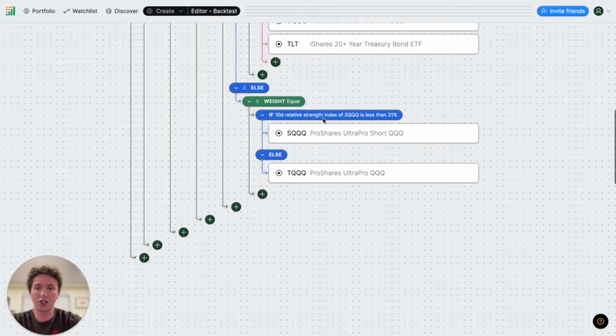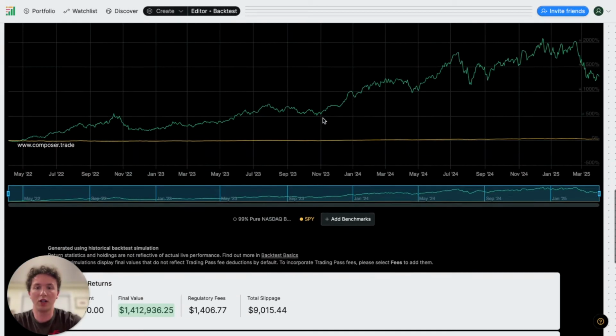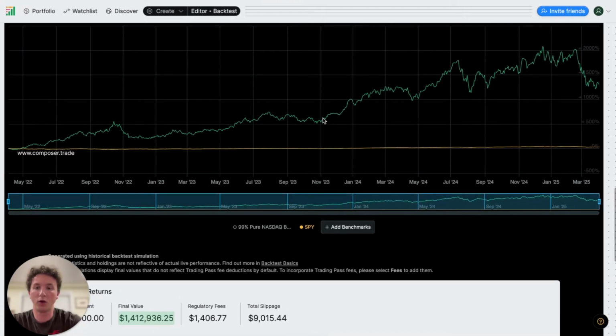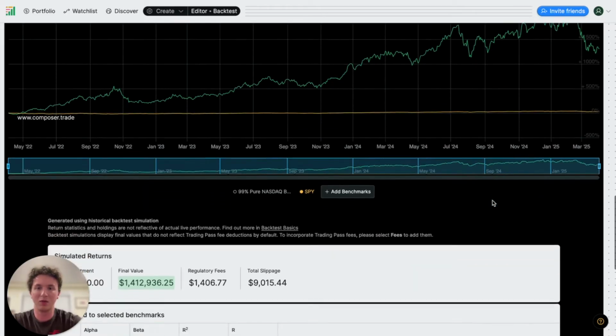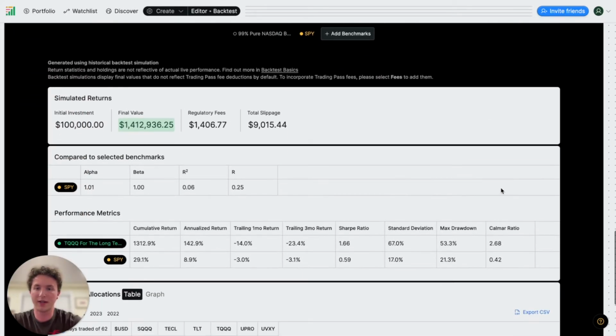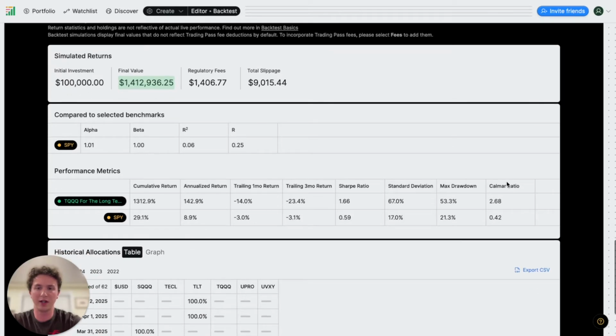So this strategy here, since its creation in June 2022, has returned over 400% with an annualized return of 82%. So basically, you don't need to be a quant to think like one. And this is the kind of stuff that Composer enables. It's the ability to test ideas, build conviction, and automate the execution without relying on guesswork or emotional trading. Whether your edge comes from a macro view, technical indicators, or just being early to a trend, Composer will give you the tools to bring that edge to life.